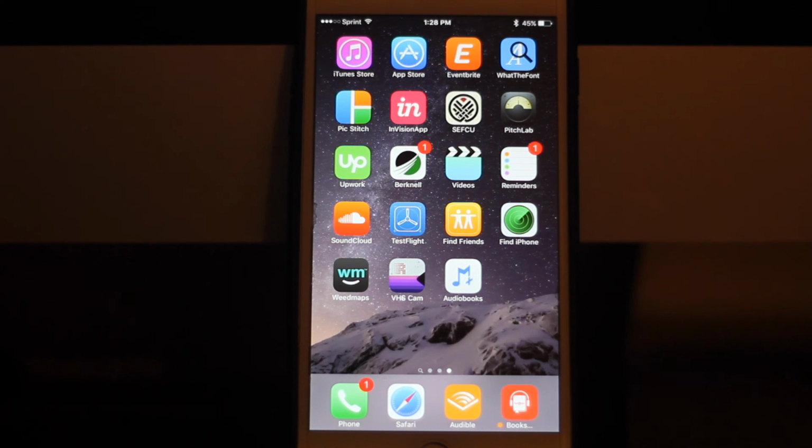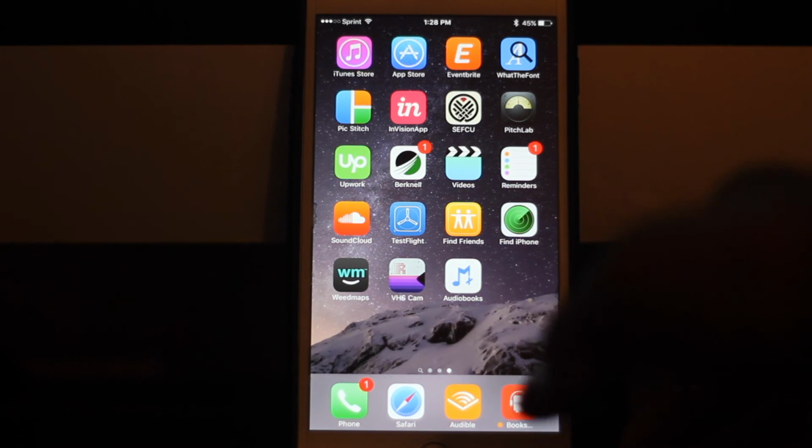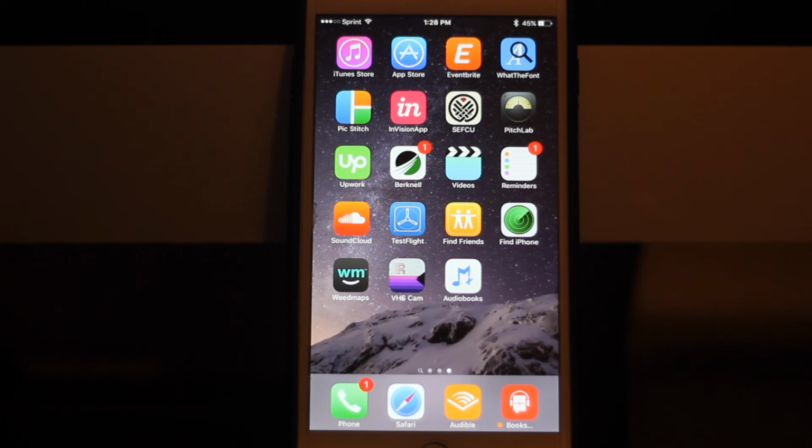This is going to be an app that's used in conjunction with Audible, but the problem is Audible closes when the Books and Beats app is open. So